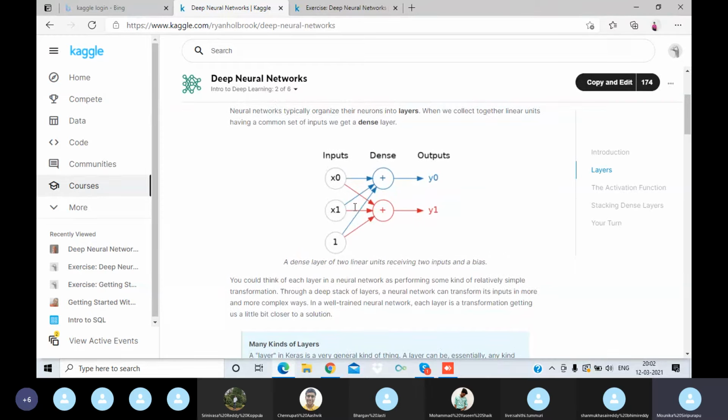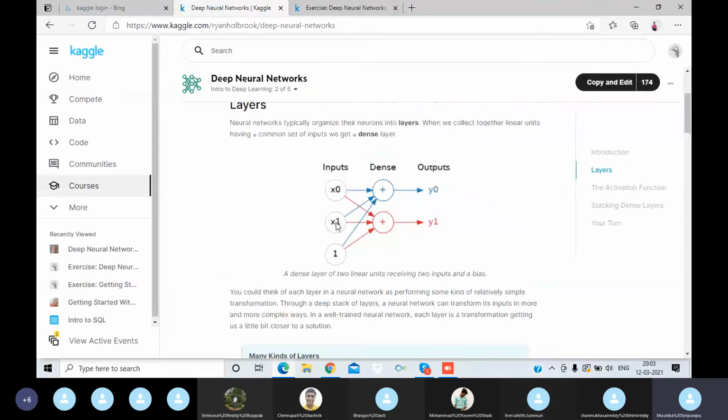In neural networks, we have three layers: the input layer, the hidden layer, and the output layer. The input layer is basically where we initialize the data for the neural network. The hidden layers, those are dense layers, are the intermediate layers between the input and the output layer, and the place where all the computation will be done. The output layer will be getting the results for the given inputs.